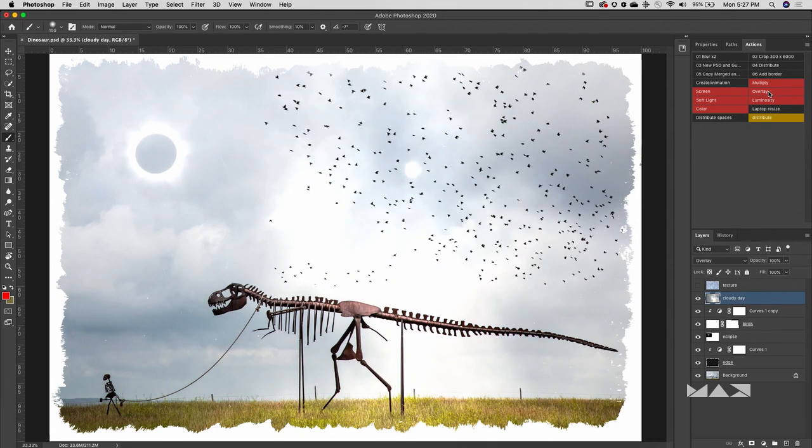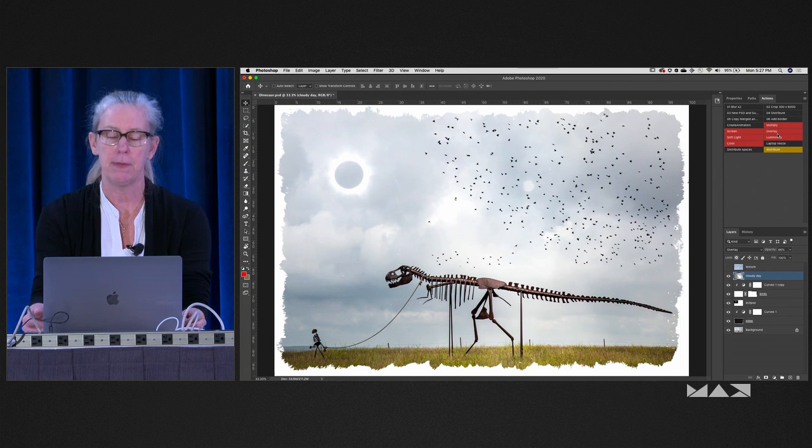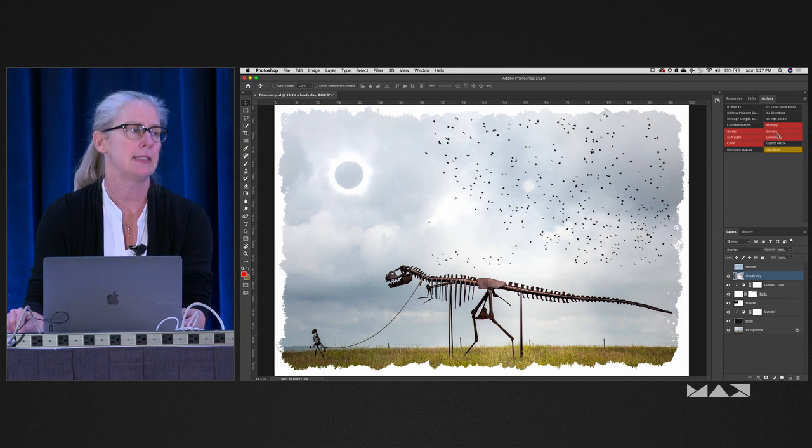Or we could try overlay, that's a little bit too bright, but we could keep overlay and then just tap 6, because that would give us 60%. If we tap 6, it'll give you 66%, but be really careful, because if you do tap 6, it will